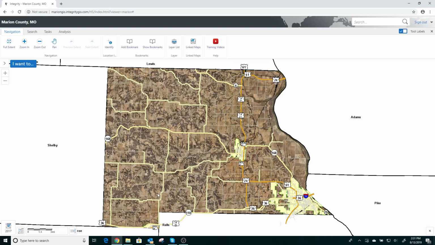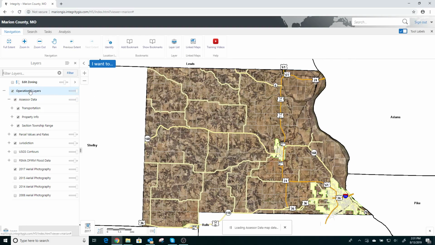This demonstration will be focusing on how to edit a zoning layer within a county's GIS website. So the first thing that you will want to do is turn on your layers list. So if you just click on the layer list tab up on top, and over on the upper left hand corner you're going to see edit zoning layer. So we're going to want to click and turn that layer on,